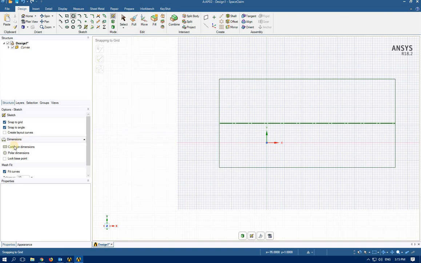So what I'm going to do, select Cartesian dimension. And this blue dot is going to show me the origin of the distance I want for drawing this circle. So I said I want to draw a circle 20 millimeter from this point. So I select this point, move it 20 millimeter. Now I can draw